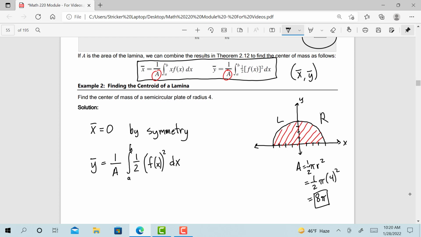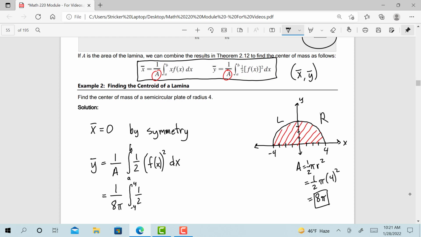And we know the area is 8 pi, so we have 1 over 8 pi. In the x direction, we know this integral goes from -4 to +4. So this is going to be the integral from -4 to +4. We have 1/2. And our function,